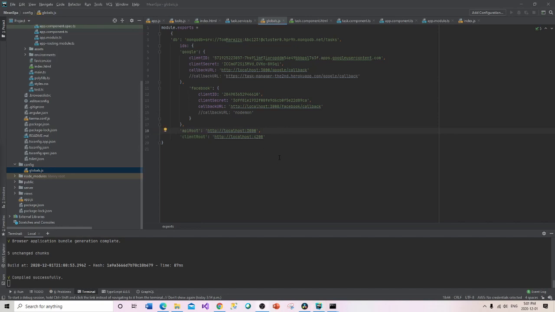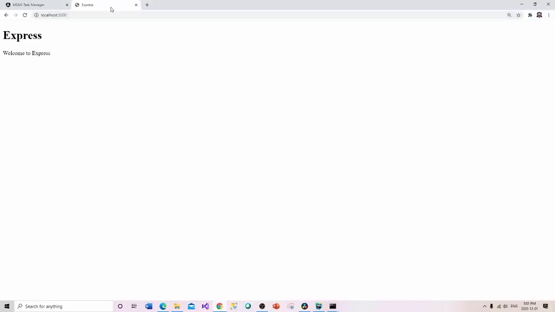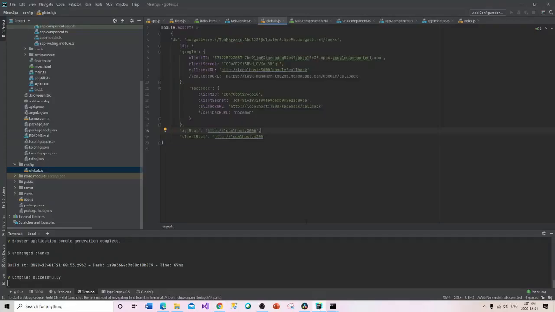So I'm putting this into the global configuration because I only want to do it in one location. Obviously we're using these two localhosts, the 3000 and 4200, but they both mean different things. When we talked about this before, this is our 3000 and this is our 4200. I want to configure those in our global configurations to mean those two things. So if I call my app root, that's the host. If I say client root, this is the host that I'm looking for. So it's best to put those in my